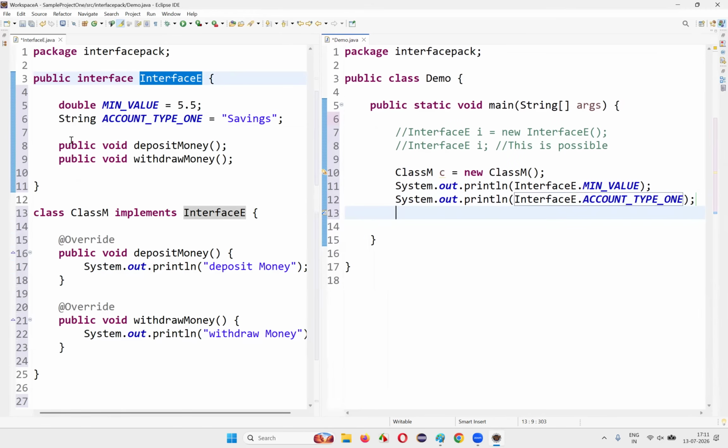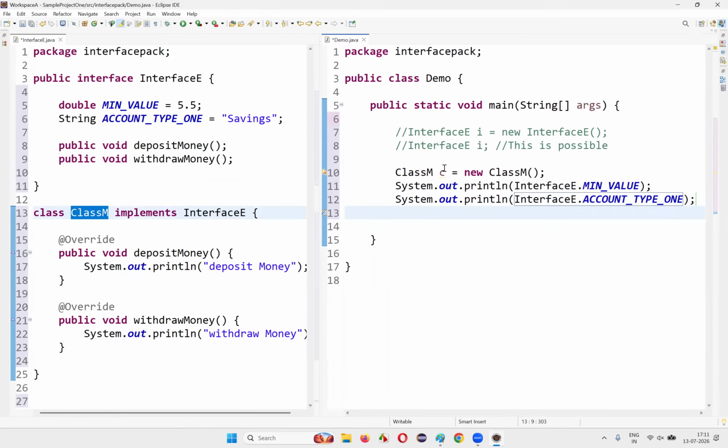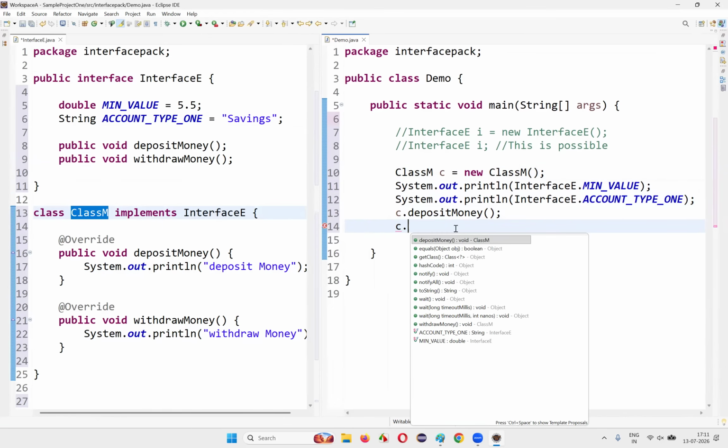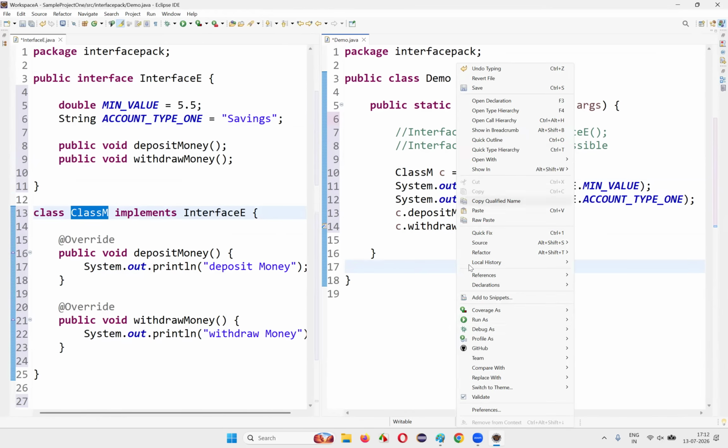Then what about these abstract methods which are implemented by the child classes? Using the object reference I can access c dot deposit money, c dot withdraw money. Done. This is the correct way. This is one way: you are creating an object for the child class and assigning that to the object reference of the same child class itself. If I run the code,